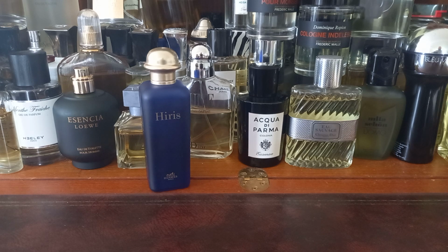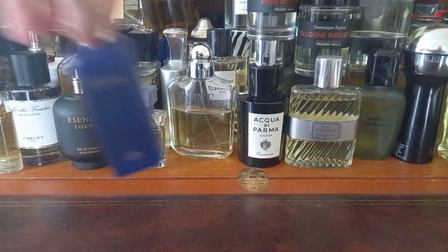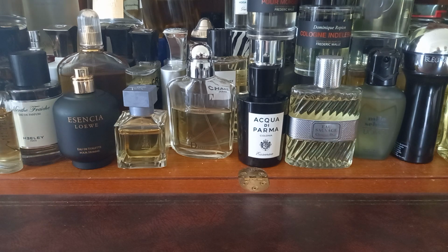The new one smells pretty good, like it's got high fidelity, but the performance for me on the new one is absolutely woeful. So it's not ideal. Reformulations tend to go that way sometimes. They'll keep the smell, but the performance goes. That's one strand of reformulations that we have to watch out for. Anyway,